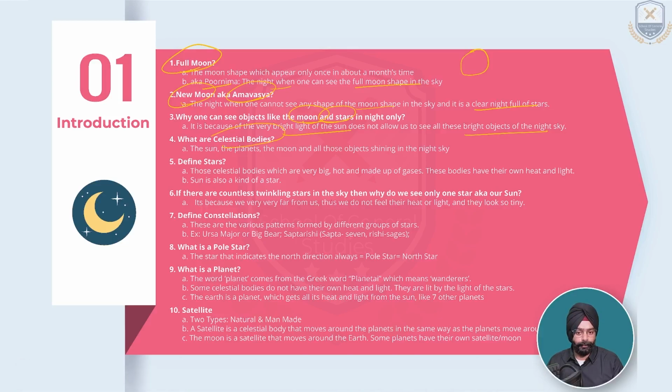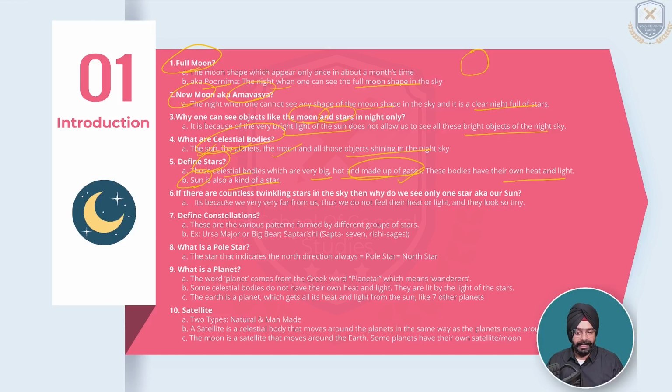What are celestial bodies? Celestial bodies are, you can say, the bodies which are present in our universe, in our solar system, like the sun, the planets, the moons. And what are stars? Stars are the celestial bodies which are very big, hot and made up of gases. They have their own light and heat. This means our sun is also a kind of star. Star वो होता है जिसकी अपनी खुद की light और अपनी खुद की heat होती है. वो कैसे? Because it is made up of gases, जिसकी reaction की वजह से वो heat और light